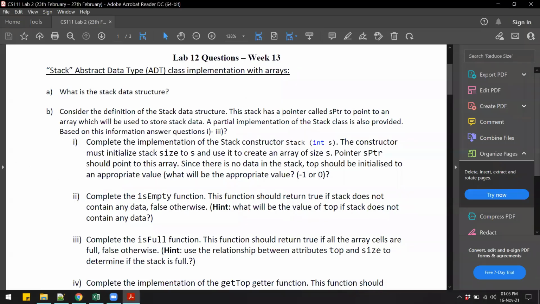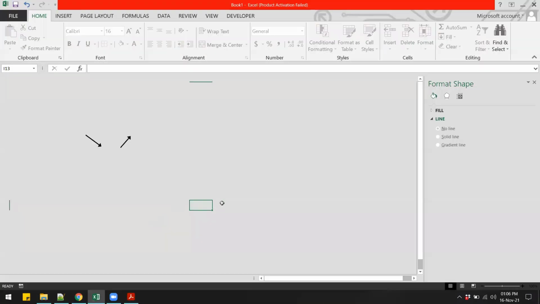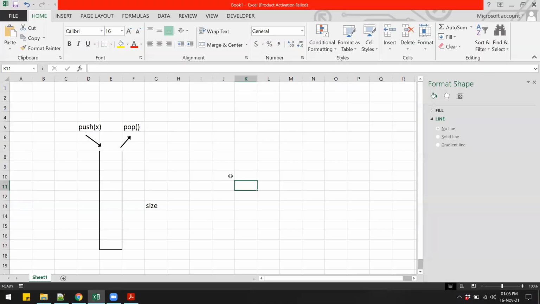So the stack works in a similar way. By now you might have got an idea of the operations that we can perform on the stack. One operation is push. Suppose our stack looks something like this. When you call the push function, along with that you have to pass data.